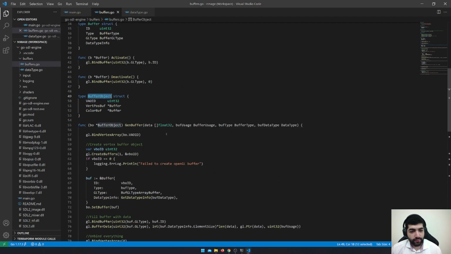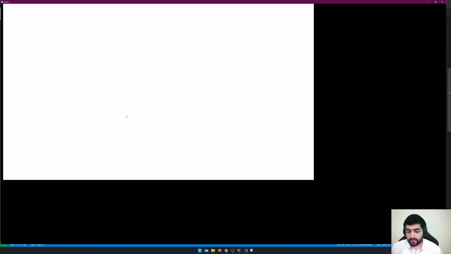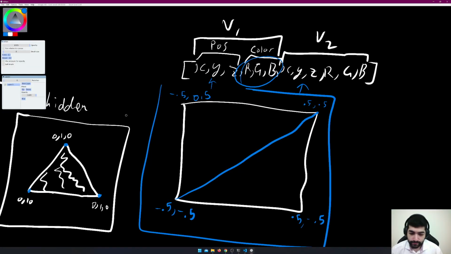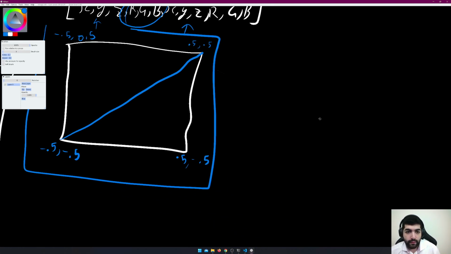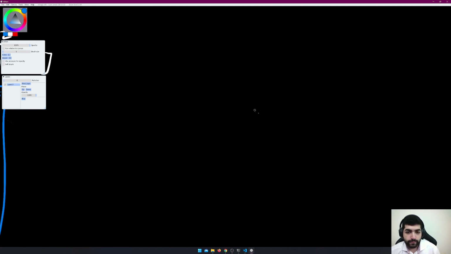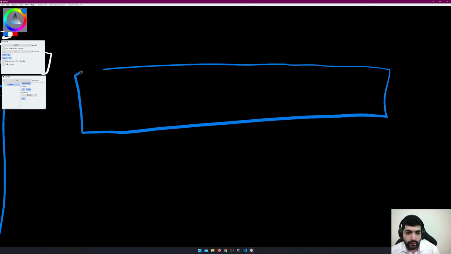So instead of a buffer for the vertex positions and a color buffer, we just have everything interleaved together. So we're doing this, like last time, right? If we have our buffer like this,